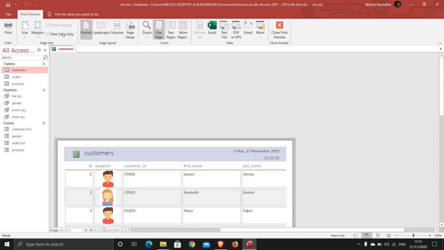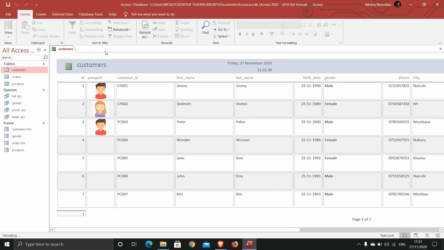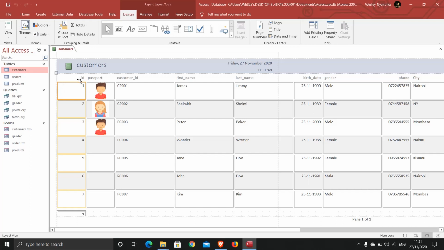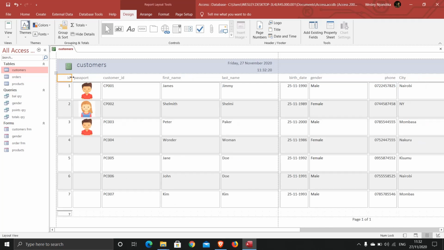So how do we do that? Okay, let's close the preview here, and let's go back to our layout or design view. So let's work with Layout view. Now there are things here that you don't need. For example, the ID here. I don't think you need the serial number, but in case you need it, you can leave it. So what you need to do is just squeeze this space. If you put your cursor between the columns here, it changes to a double-pointed arrow. So just hold the left button and resize it as simple as that.